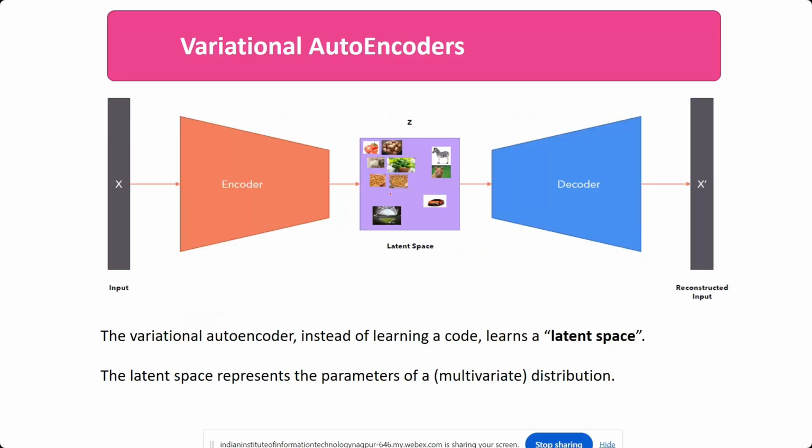If you follow that strategy, rather than giving direct vectors, you are trying to learn the distribution of the images, so mu and sigma. There is a distribution for food category, an animal category, a vehicle category, and a nature or scene category. So for different categories you have different distributions. Instead of a vector, you are giving output as parameters. Your latent space would be the parameters for a particular distribution. That is the main change from autoencoder to variational autoencoder.